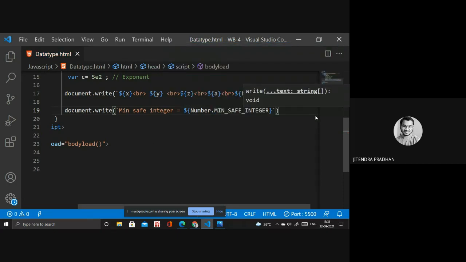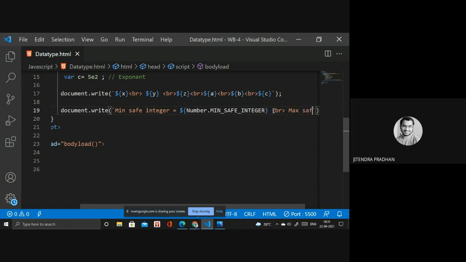Okay. And we have maximum as well, so I will show you that one as well. So it's a minimum, and we have br, we have to use br. Okay. And we have maximum safe integer, max, maximum safe integer.